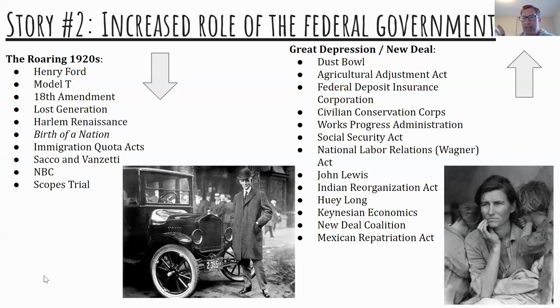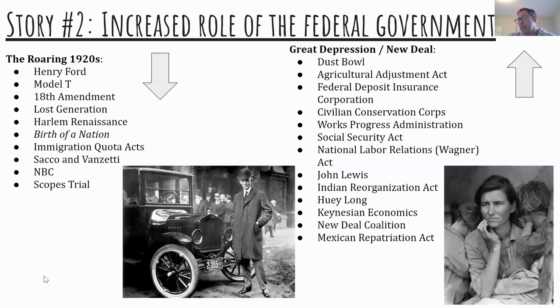And the government in the 1920s is taking a back seat. We see politicians playing less of a role in society during this time period. We've got a series of forgettable presidents, including Warren Harding and Calvin Coolidge. We even have Herbert Hoover, who's best known not for his accomplishments as president, but for the fact that he is in office when the Great Depression happens.